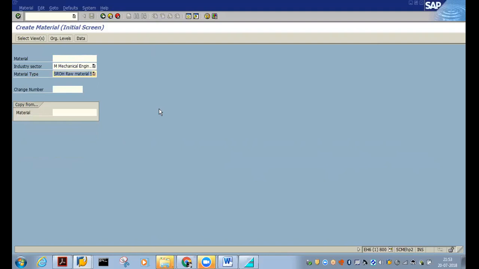I had asked you to check the definition of what exactly industry sector means, and what material type means. What you can do is click on that particular field and press F1.